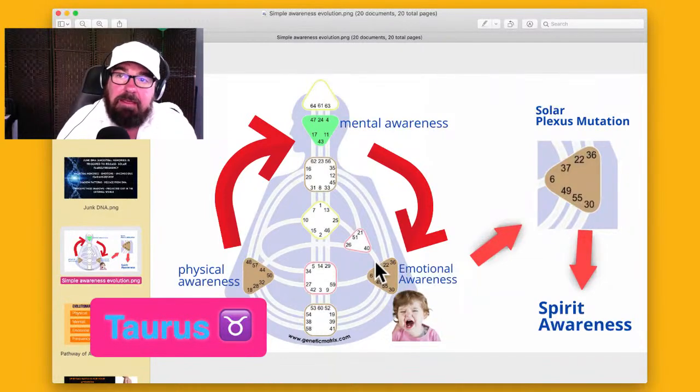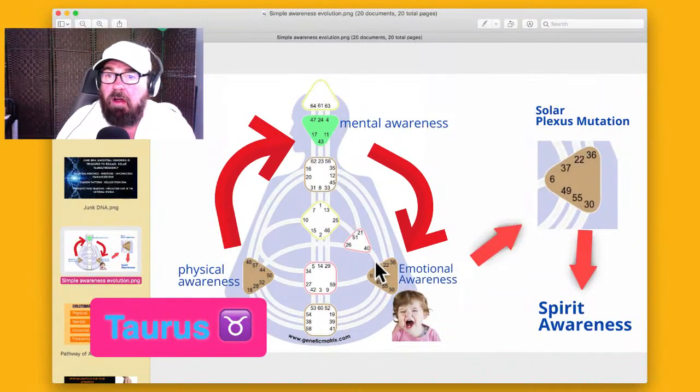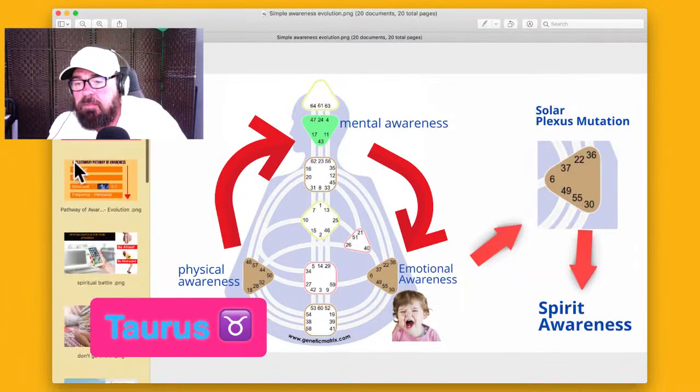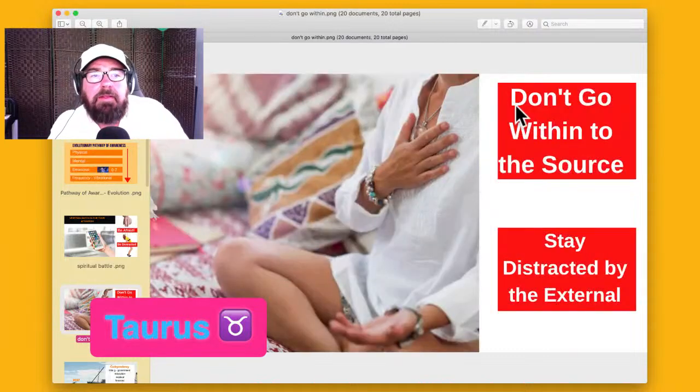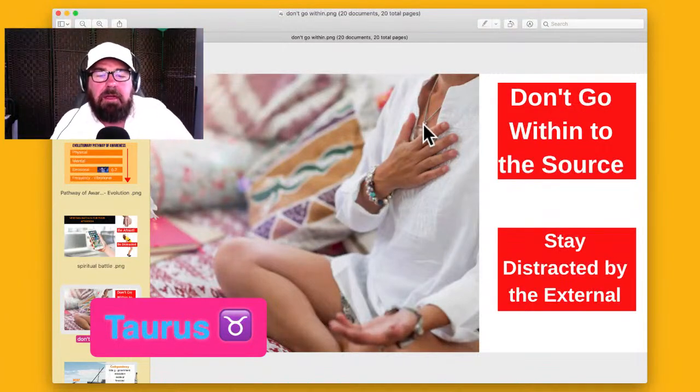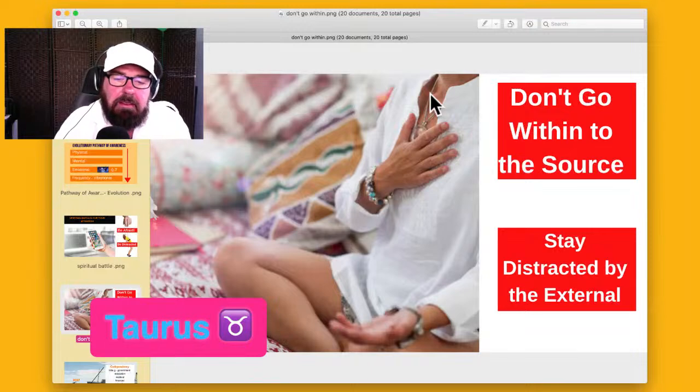And to trust, no efforting involved. It's about sitting still, Taurus. Where's my sitting still? Sitting still, go inside, right? Don't listen to the propaganda, which is don't go within to the source and stay distracted by the external, trying to fix everything out here. It's to go inside.